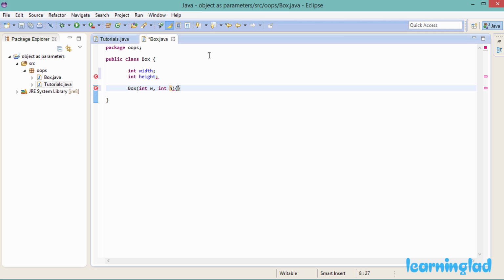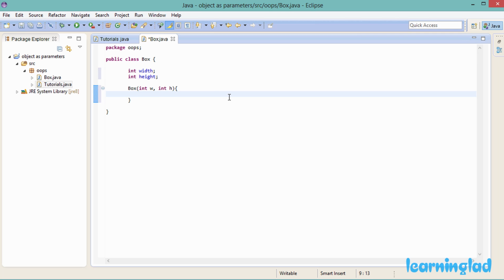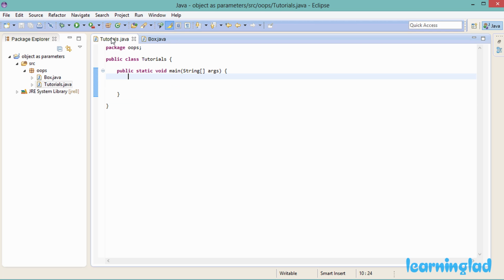If you want, you can name these local variables as width and height, and then you can use the this keyword to differentiate between the instance variables and the local variables. So here we're gonna initialize the value in our width, and then we're gonna initialize the height with the value we receive for the h. Now I'm gonna save this class, and then in my tutorials class, in my main method,